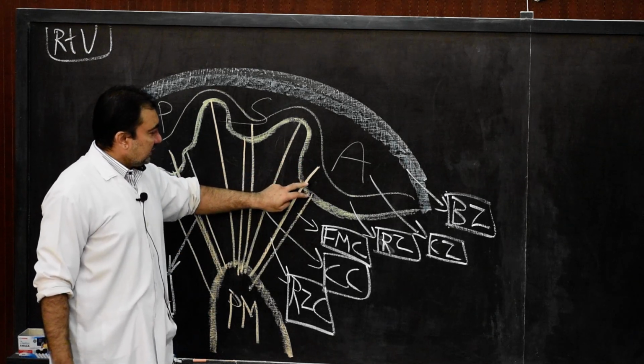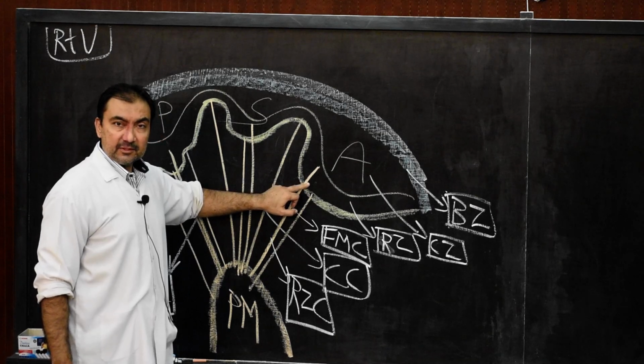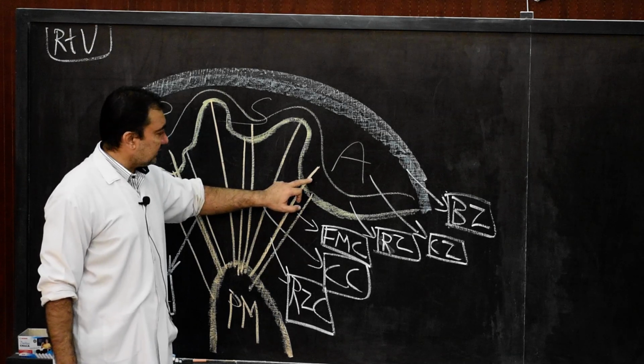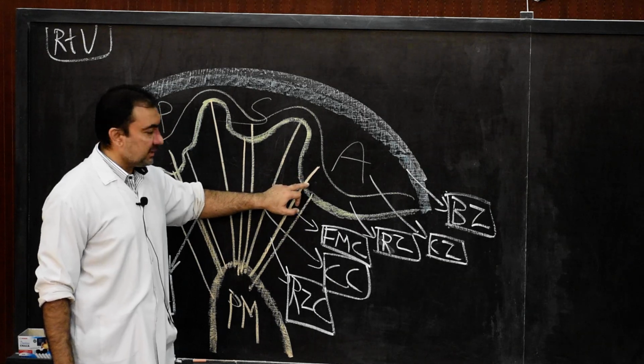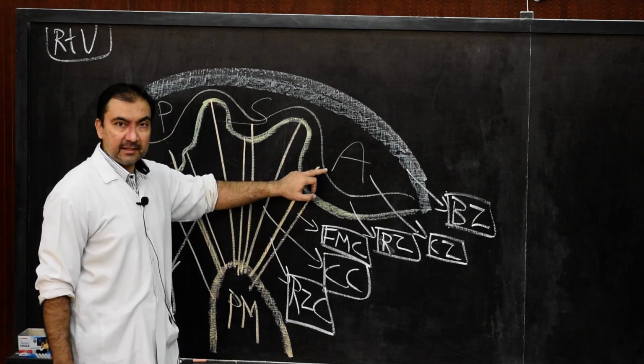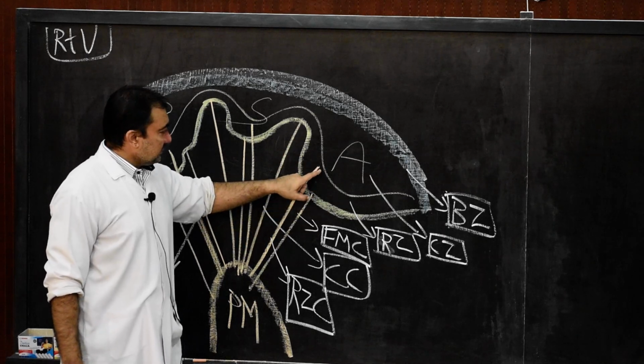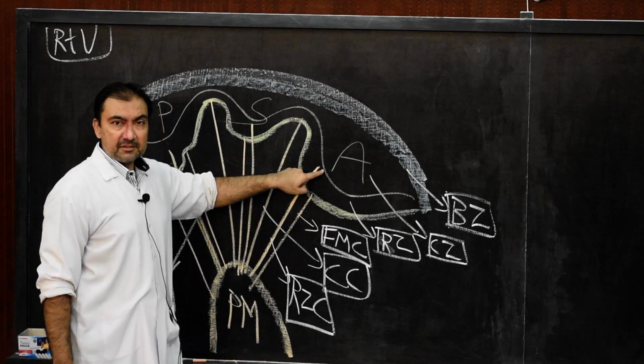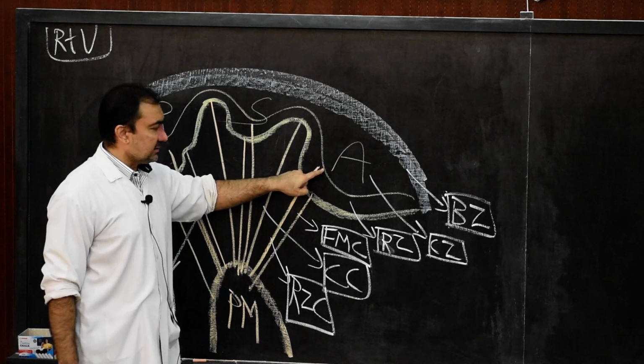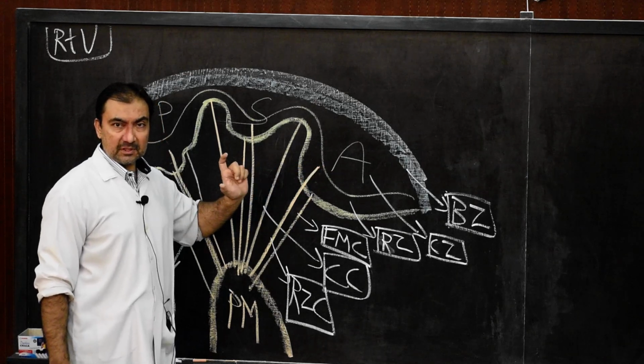In this rough zone, the chordae are attached to the free margin, or they are attached midway between the free margin and the junction with the clear zone, or in some cases they are attached to the junction between the rough zone and the clear zone. So that is rough zone chordae.